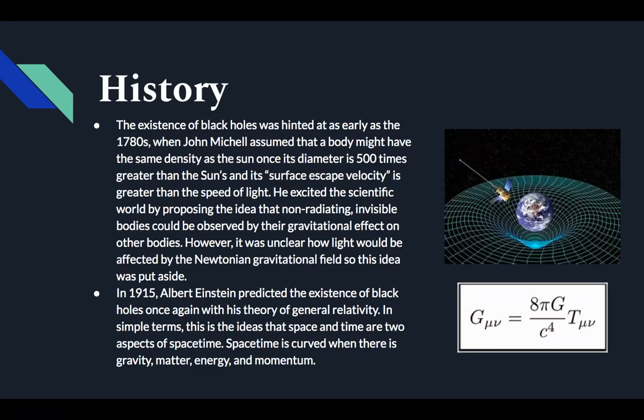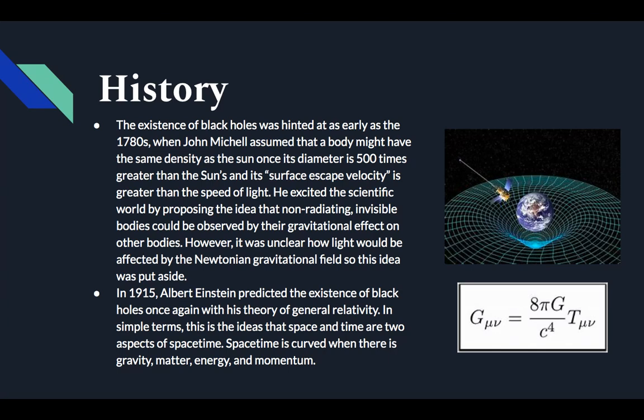So the existence of black holes was hinted at as early as the 1780s, when John Michell assumed that a body might have the same density as the sun once its diameter is 500 times greater than the sun's, and its surface escape velocity is greater than the speed of light. He excited the scientific world by proposing the idea that non-radiating invisible bodies could be observed by their gravitational effect on other bodies. However, it was unclear how light would be affected by the traditional Newtonian gravitational field, so